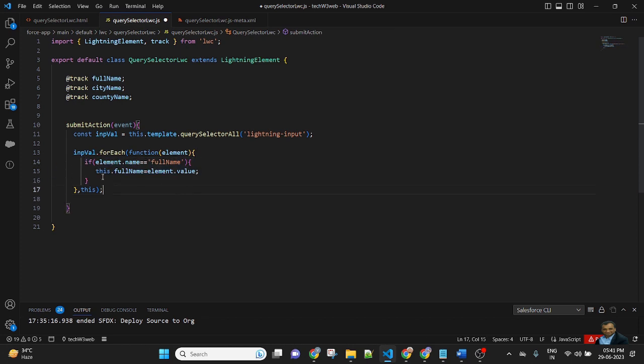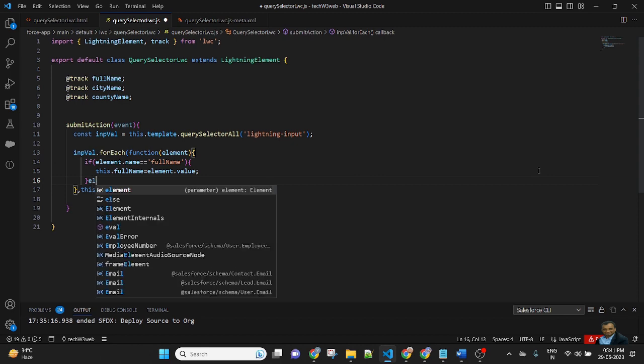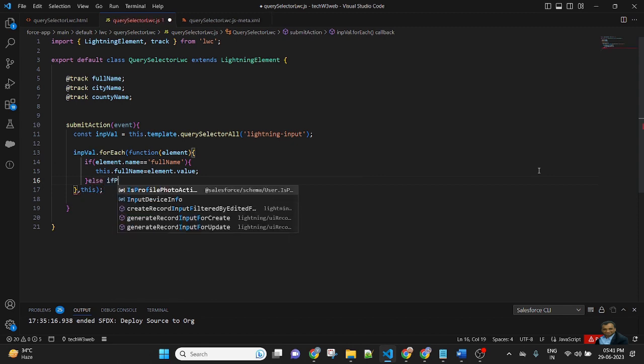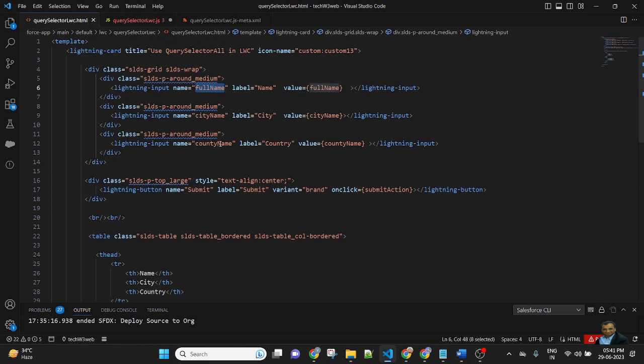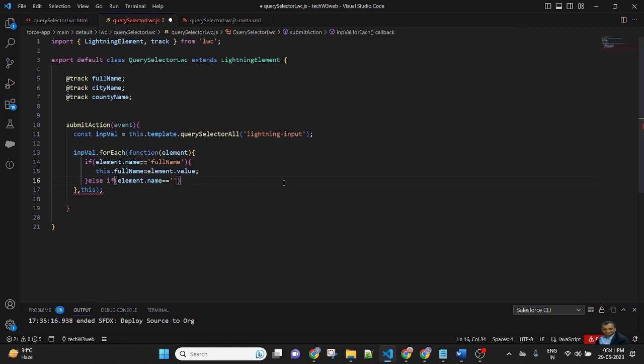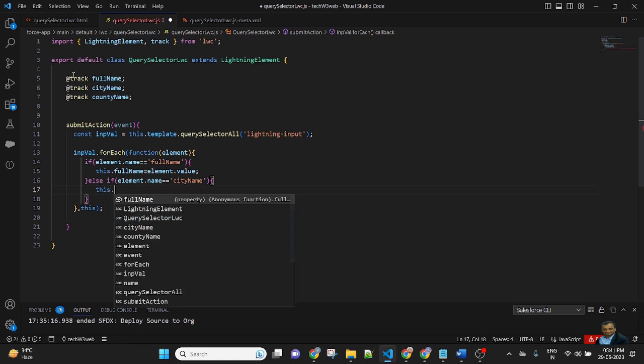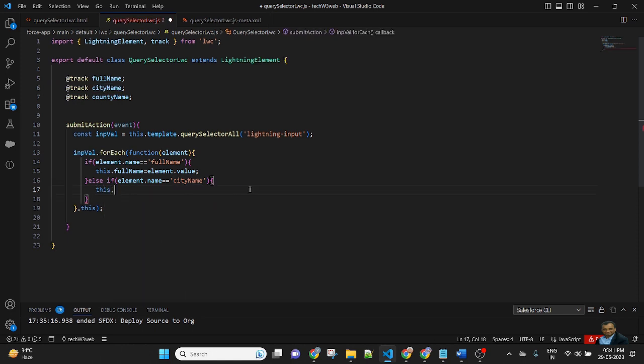Copy this. Now else if element.name, copy this, and here double equal to. This time we'll check cityName, then this.cityName stores the value of element.value.